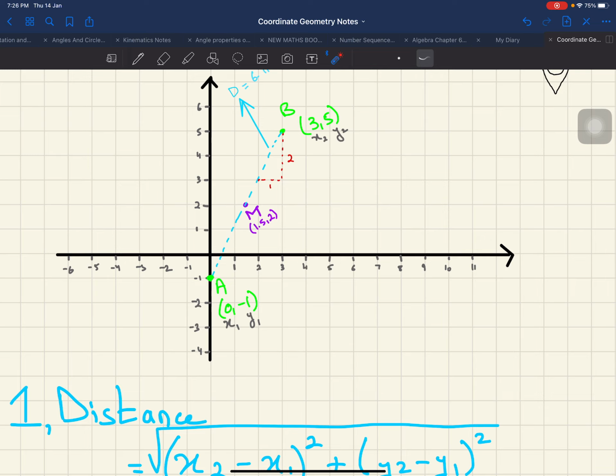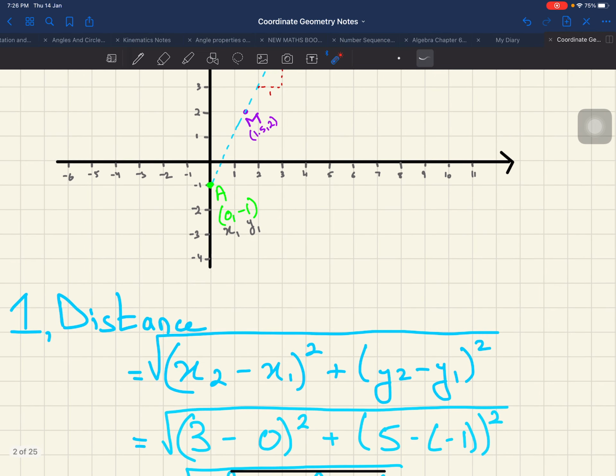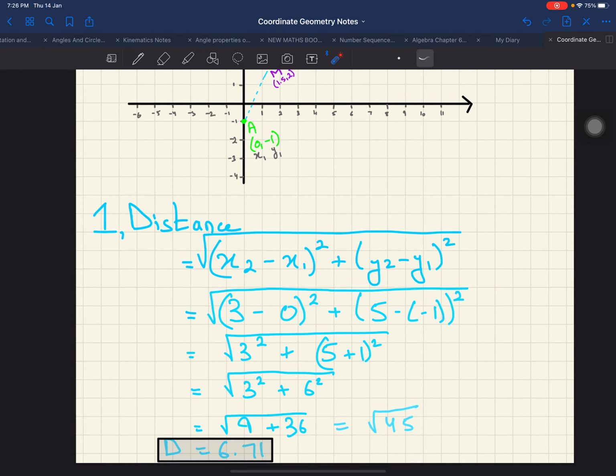It totally depends on you. The answer will be exactly the same. There is no problem with that. So because a is the first coordinate, I'll write this as x1, and because y over here is minus 1, it will be y1, because it is the first coordinate. Now for b, you will write x2 and y2. Is that clear? Now we are applying the distance formula to find the distance.